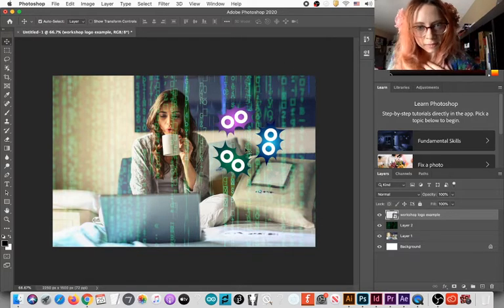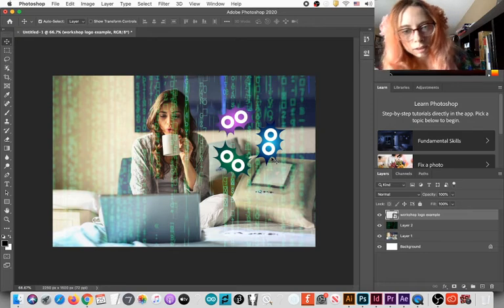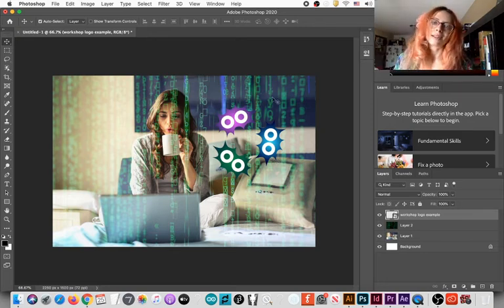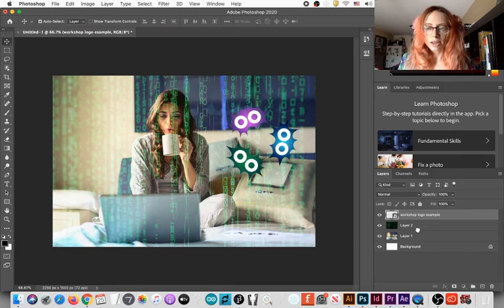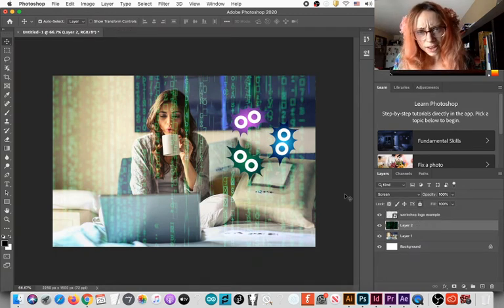Mix together. Okay, so is this image about my logo? Is this image about what's behind the logo? I think it's about the logo. So let me tone down everything by adding an adjustment layer.